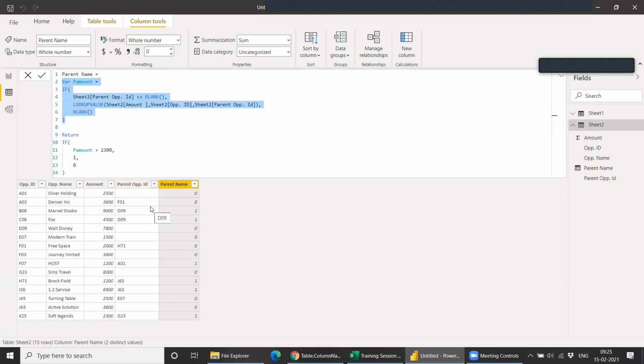So let's say if you want to consider any equation where we want to check whether this column, okay, let's take an example. We have 2 Denver holdings, so we want to add all the amounts that have the same name. In those problems, we can use this parameter approach. We can just pass a parameter with, let's say, p amount equal to op name, and then we can use a calculation. So any doubt in this one?